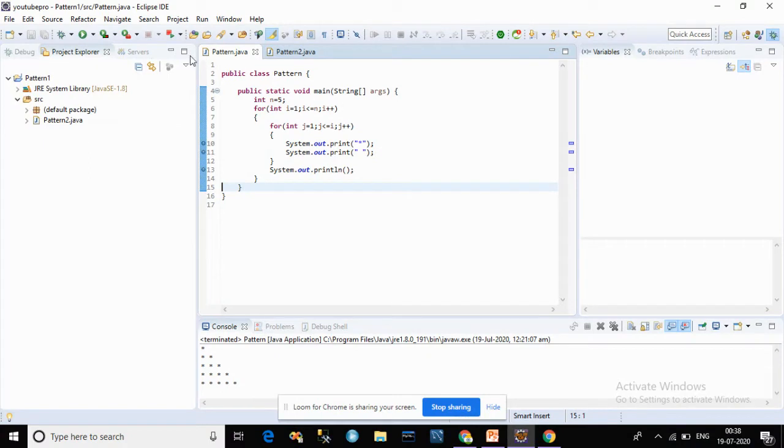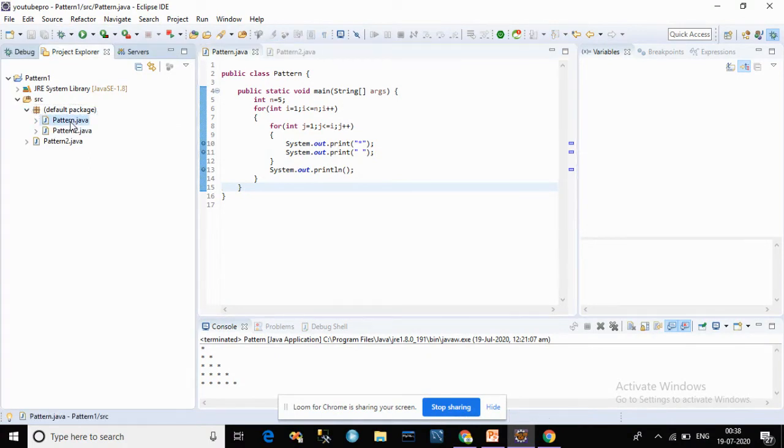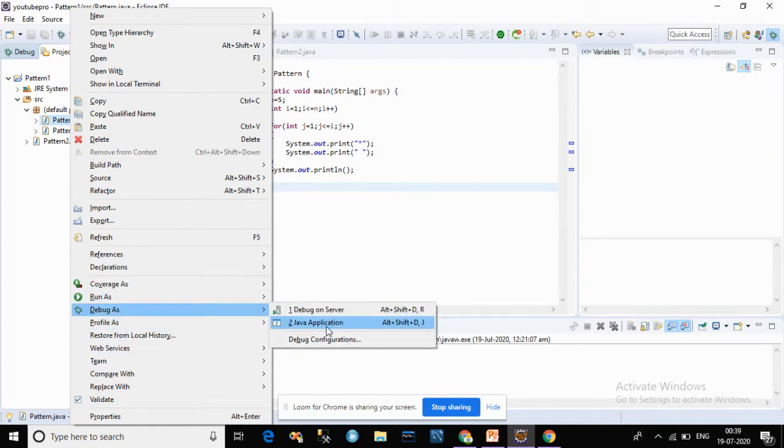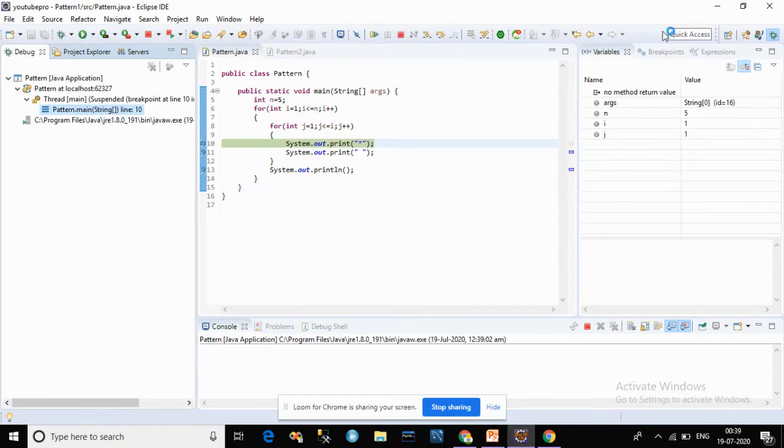So we can run this program as a debug. Let's go, run as debug as Java application. So here is the chart where we actually understand what happens whenever we step over. So first step over, initially n equal to 5, i is equal to 1 and j is equal to 1. So we step over here first time. It prints star first time. After that, initially we have i equal to 1, so it goes from 1 to 1, so 1 star is printed. Let's check.